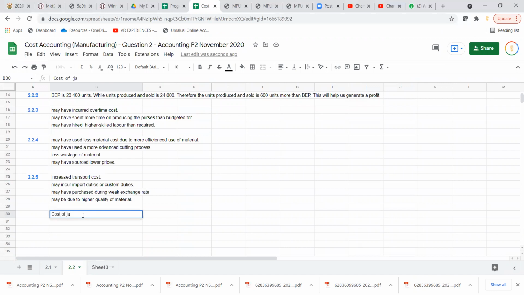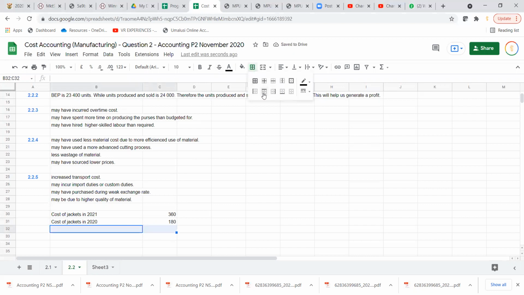Cost of jackets in 2021 was 360. Cost of jackets in 2020 was 180. Okay, there's an increase. Here's an increase